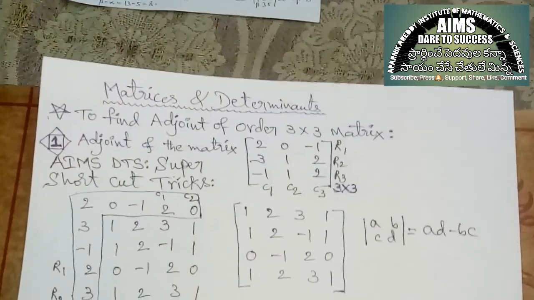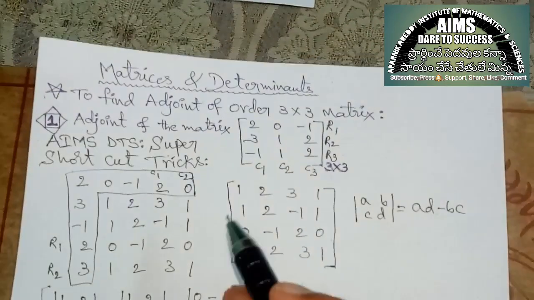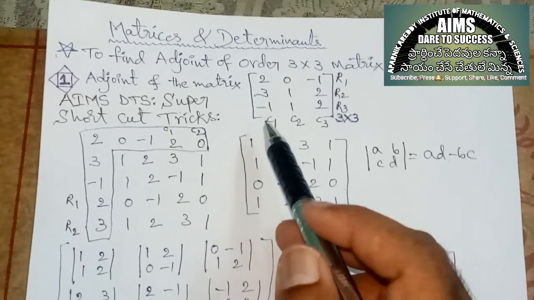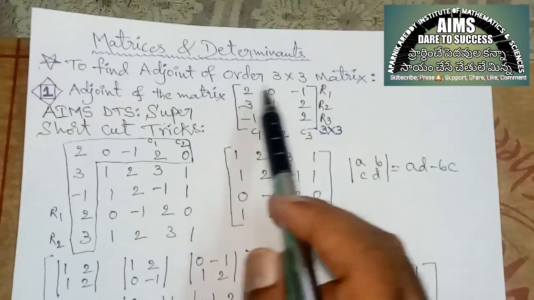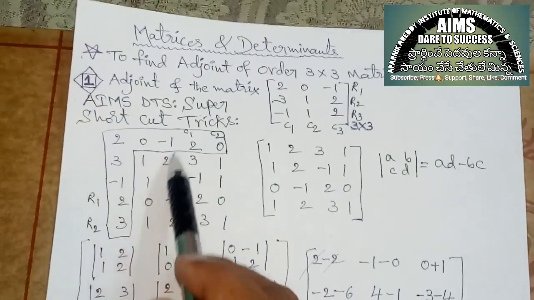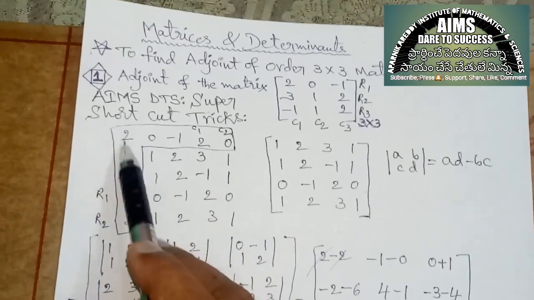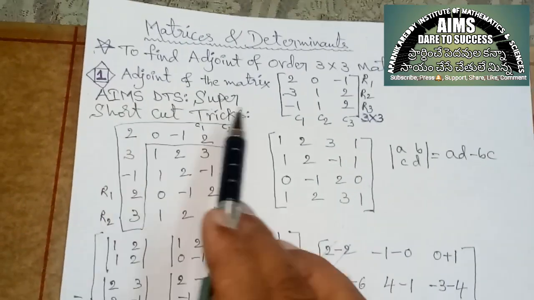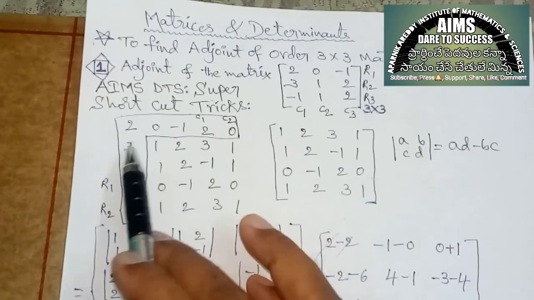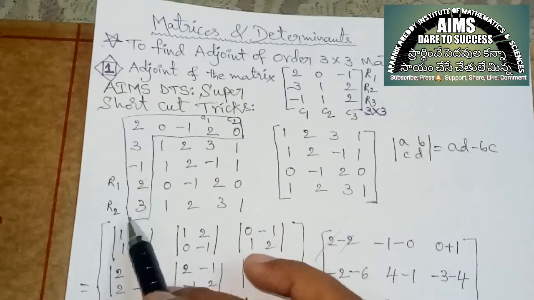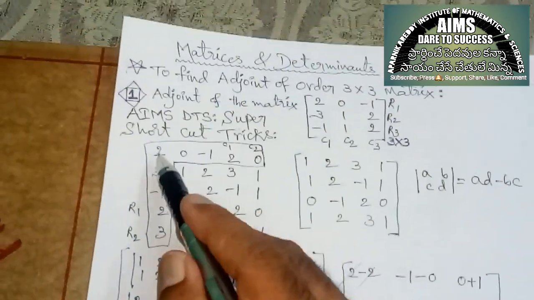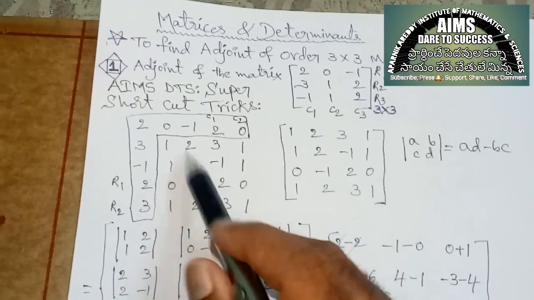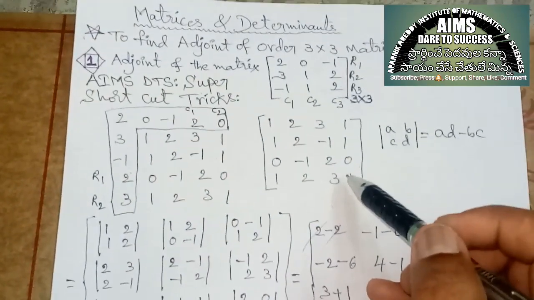My dear friends, one more time I want to tell you the logic. If you practice more and more questions, you will understand this concept easily. As it is a matrix, you can write it as it is. After that, column 1, column 2, one more time you can write. After completing this part, row 1, row 2, you have to rewrite below. After that, remove the first column and first row. After that you will get a 4 by 4 order.